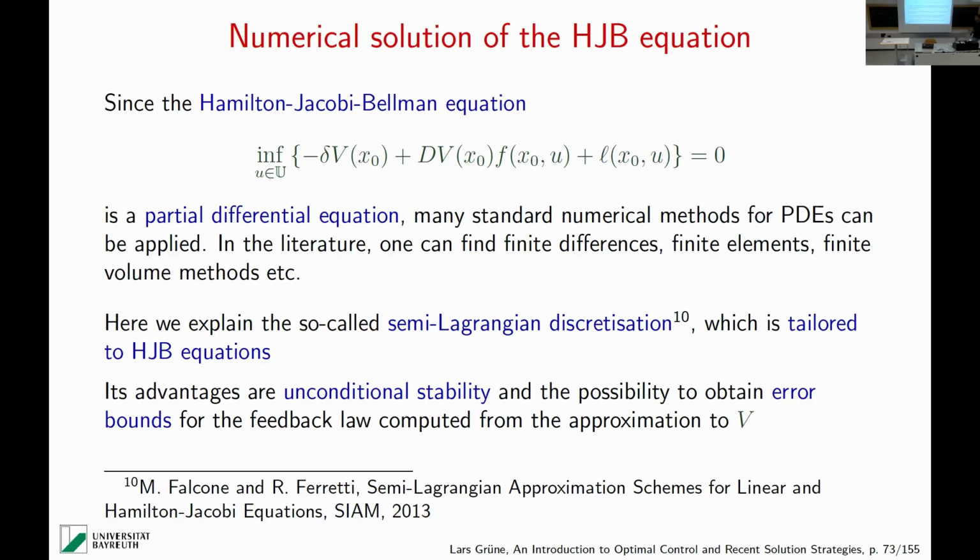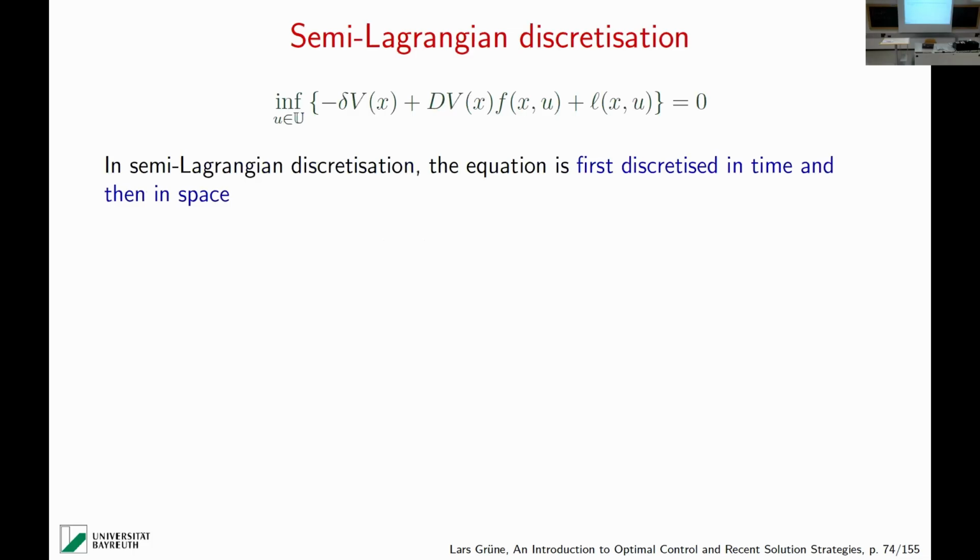I will also explain a little bit at least why this is possible. And with all the other schemes, it's really difficult. So if you do a finite difference approximation and then get the optimal feedback from that, you usually can never be really sure how good that feedback is. It might be quite okay in practice, but you don't have theoretical estimates. So this is the important thing.